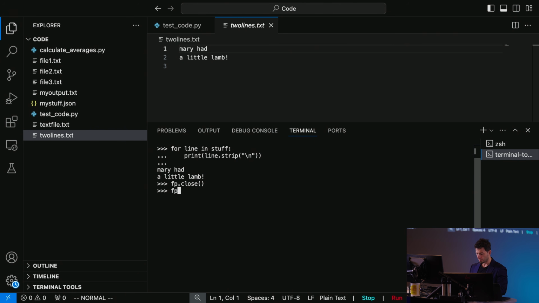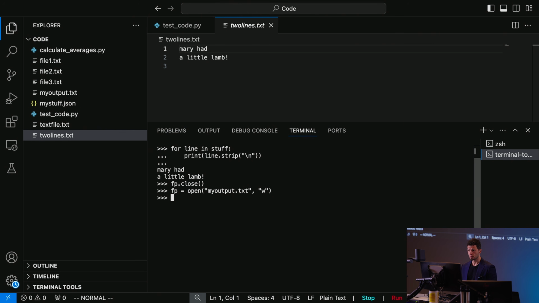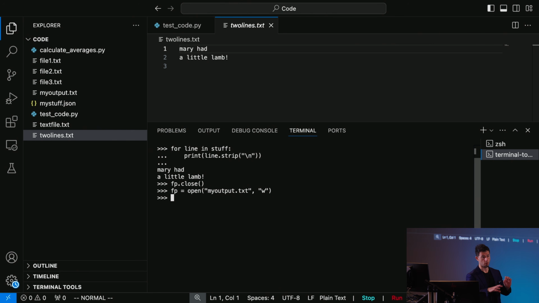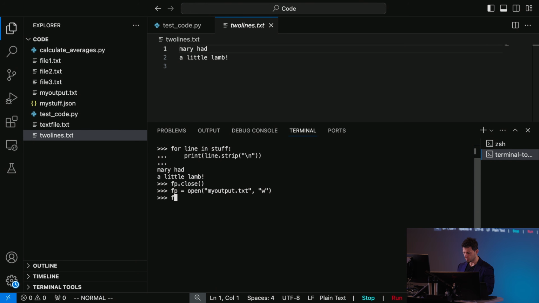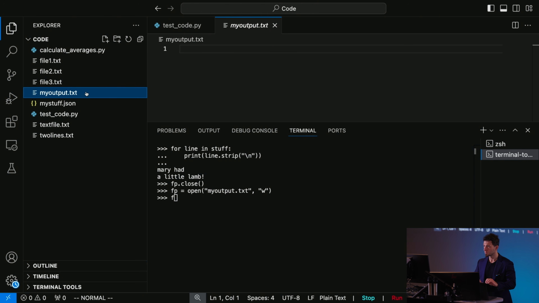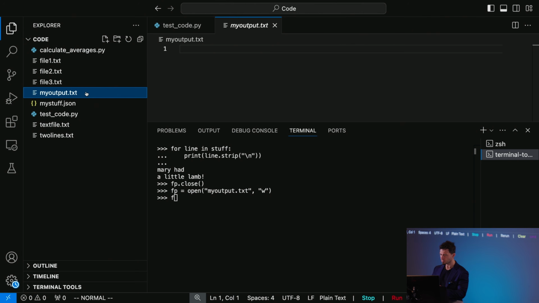So let's go back. Let's open a new file, and we can call this new file myoutput.txt, so it's a text file in write mode. Now, if the file didn't exist, it would have created it. Okay, so this will create a file if it is not already in the folder. Once it's been created, I can write to it. And so let's say I now visualize that file. Okay, there is nothing written in there. And I do